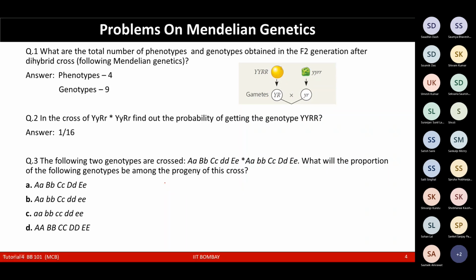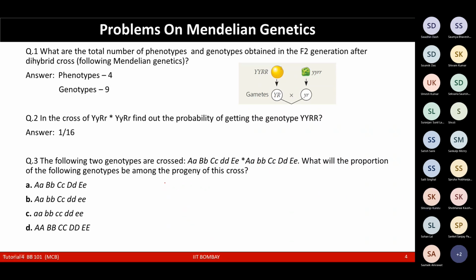1 by 4 to the power 5. 32. No, 1/32 is not possible. So there is no need to make random guesses in this part. 128. 1 by 128. No.